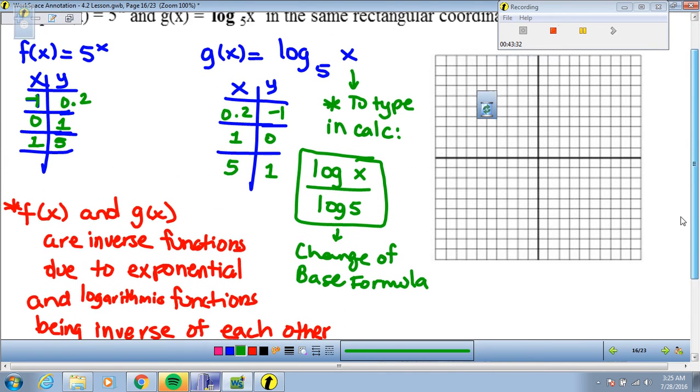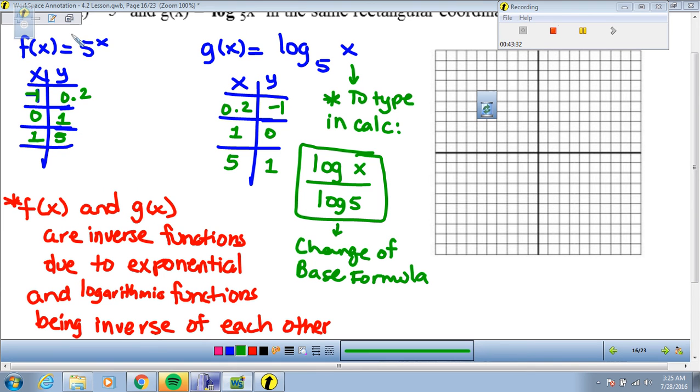Look, if I change this exponential function to logarithmic, I'm going to get exactly the function that you see here, as well as if I change the logarithmic into exponential, I'm going to get exactly the function that you see here. We already know how to switch an equation from exponential to logarithmic and from logarithmic to exponential. Okay, so we graph the first one,